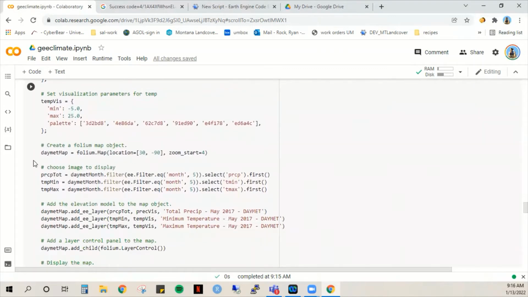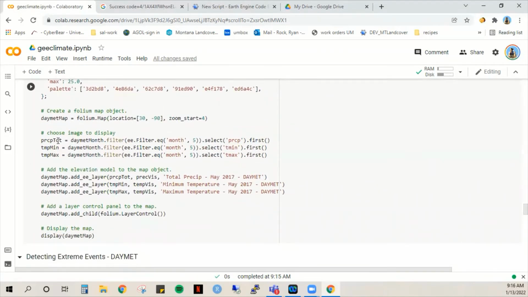Here again, we create a map object, and then we're going to create 3 different images to display. In this case, we're using the ee.filter.equals to filter by metadata. So we can say, because we set that metadata parameter month to equal whatever month, the number of the month that we had aggregated the data to, we can use this to filter out the data that way. So we're saying, give me the data, the images corresponding to month 5,